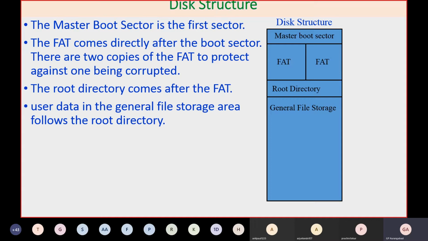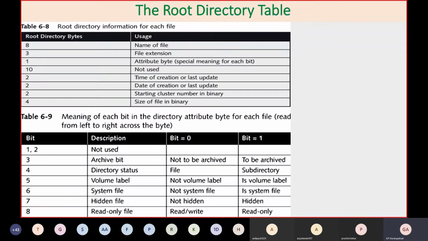Then immediately after this, once you format, it creates what is called the root directory or starting directory, which we normally say is your C drive. And after this C drive, you can have multiple drives, and in them you can create your general files. So the remaining portion is for file storage. So this is how exactly a hard disk is organized. Now this is the root directory information.